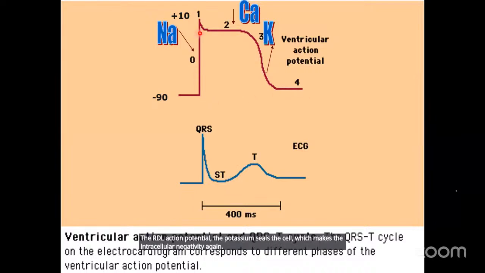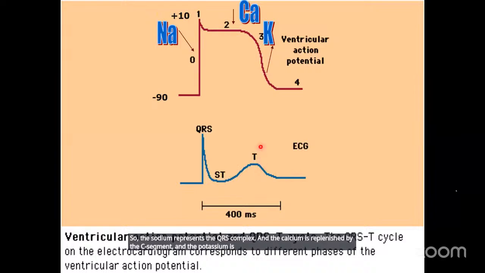So when you correlate these activities of the action potential to the electrocardiogram, the upstroke of the action potential, where the sodium entry occurs, is represented by the QRS complex. The plateau of the action potential, where the calcium enters, is shown by the ST segment, and the outpouring of the potassium is shown by the T wave. So the sodium represents the QRS complex, the calcium is represented by the ST segment, and the potassium is